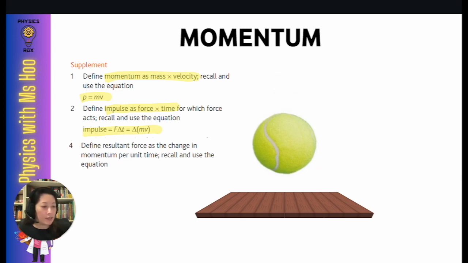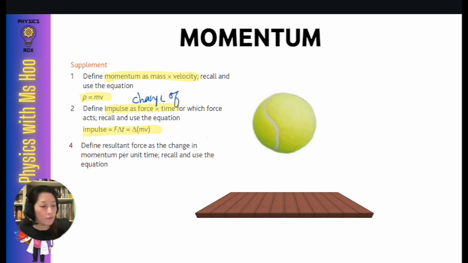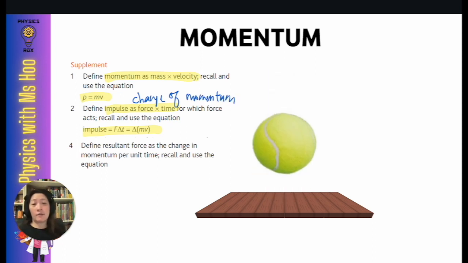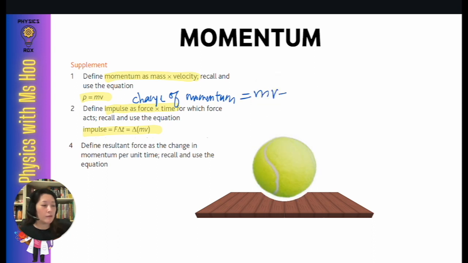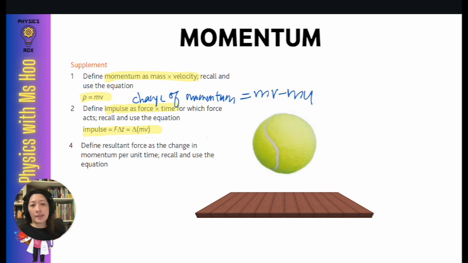And it's not written here, but you also should remember that impulse is also known as the change of momentum, because sometimes in the past year questions they don't ask students to calculate impulse. They'll say calculate the change of momentum. So change of momentum quite simply is mv minus mu,